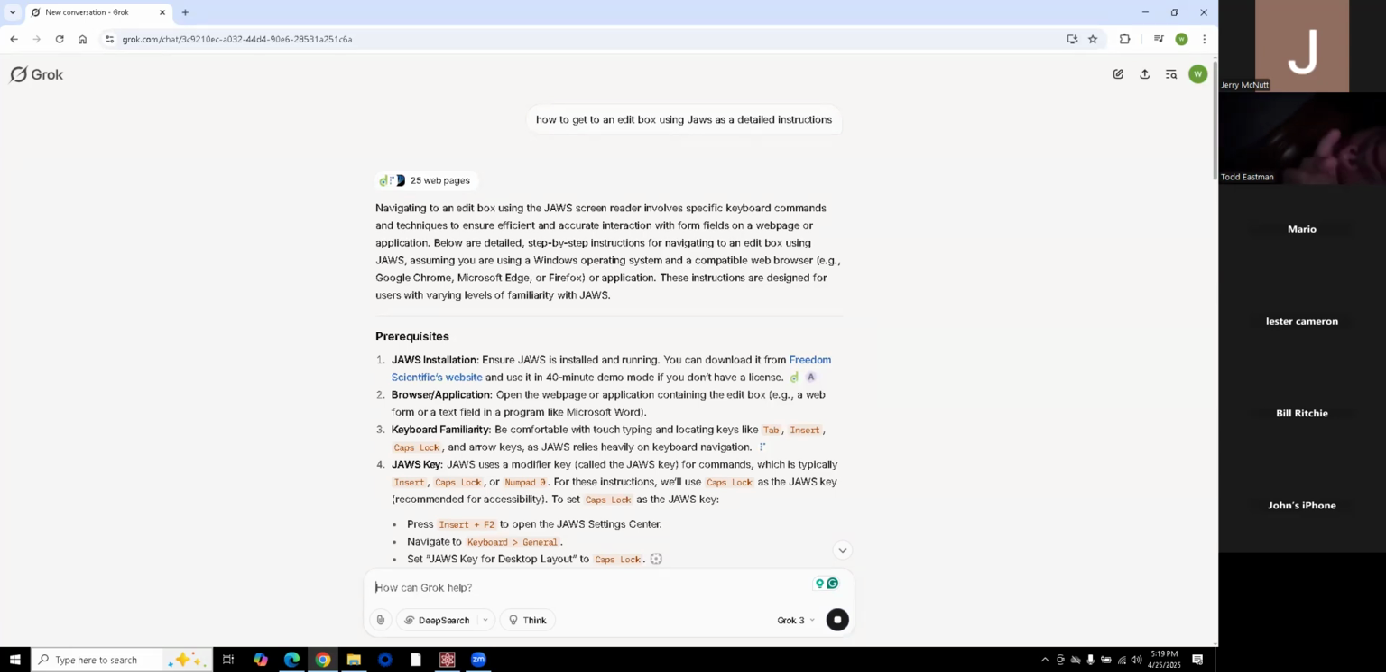Attach button. Deep search toggle. Change mode button. Think toggle button. Grok 3 button. Group start. Grammarly integration. So as you noticed, it's still thinking. So if I want to enter the edit box as a JAWS user,